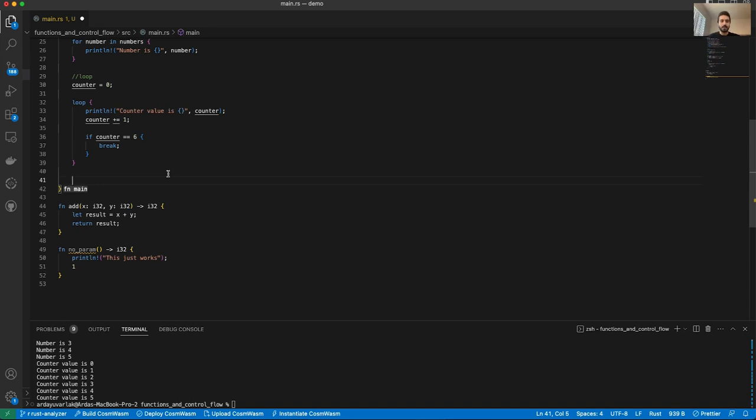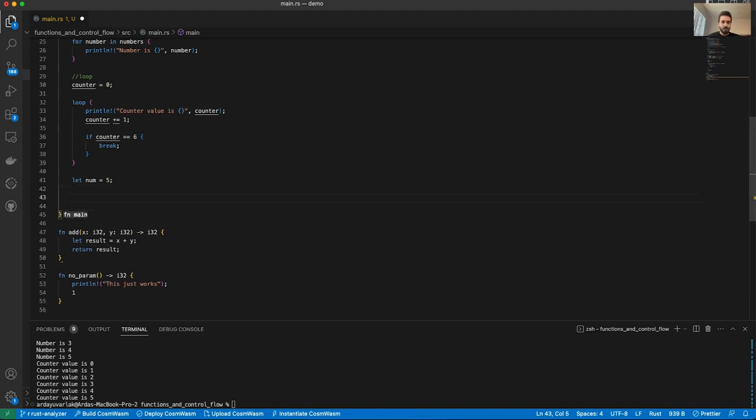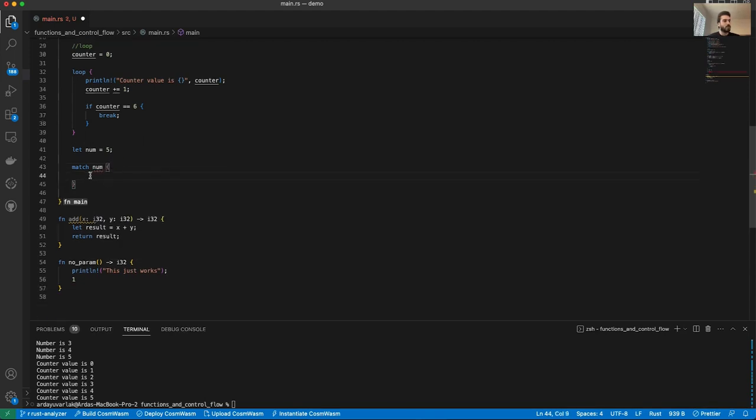To create the match statement, I'm going to create a number here. Let's say my number is 5. Then I'm going to say match num. This means that we are going to run this code for the following values of the num. First, I'm going to say 1. This means that run this if this num here is equal to 1. And I'm going to say println